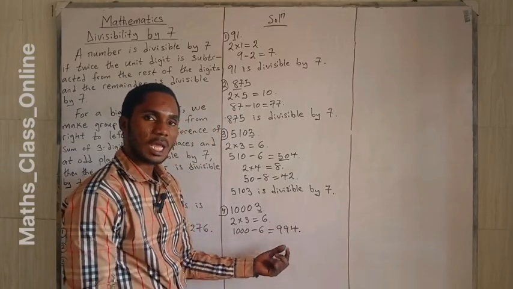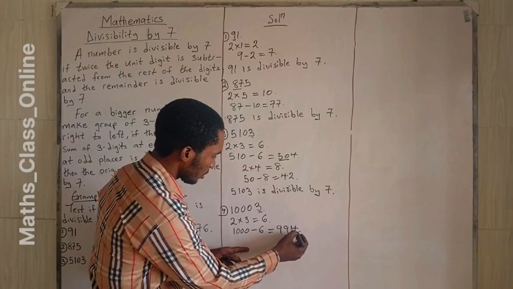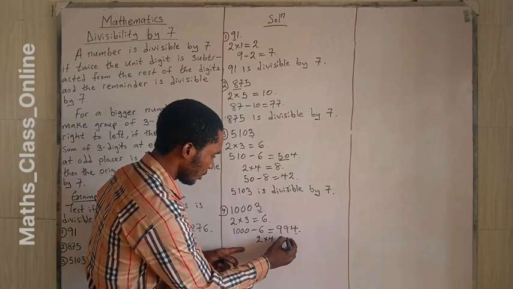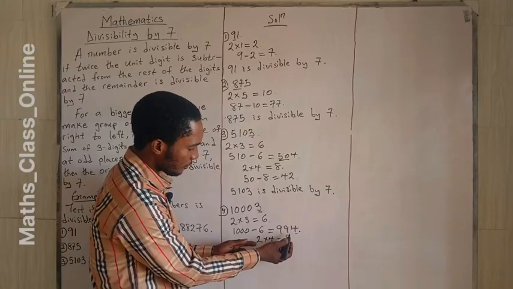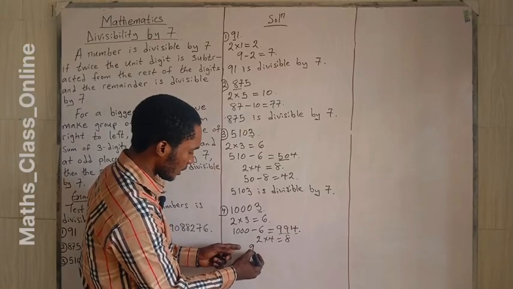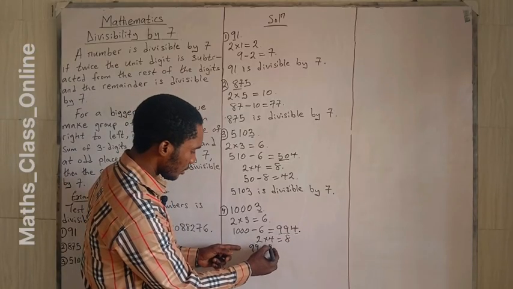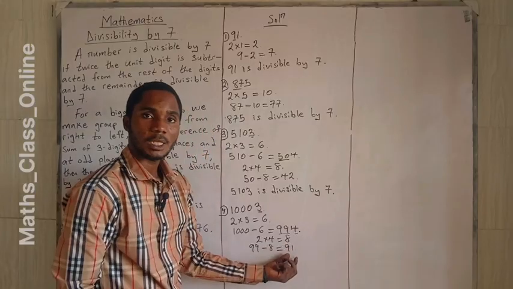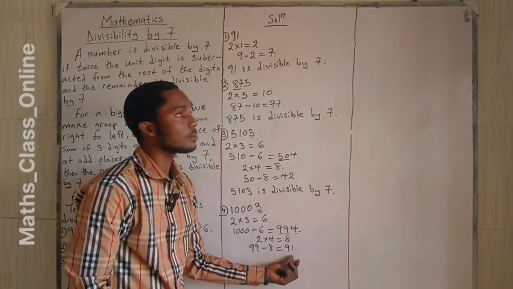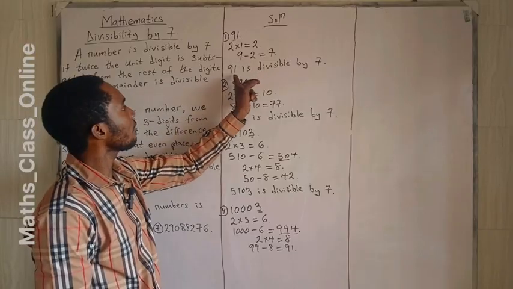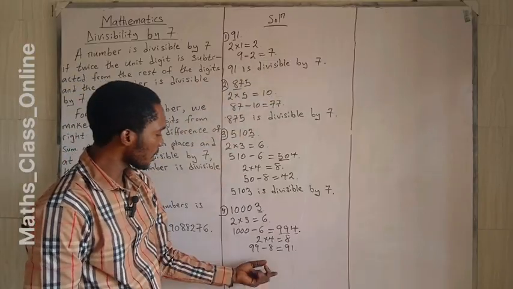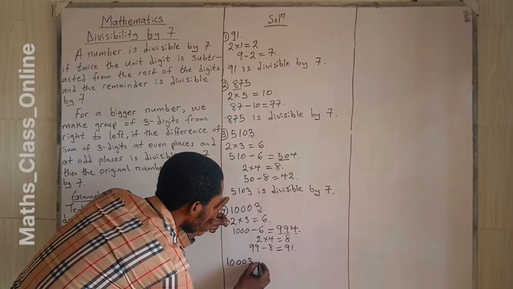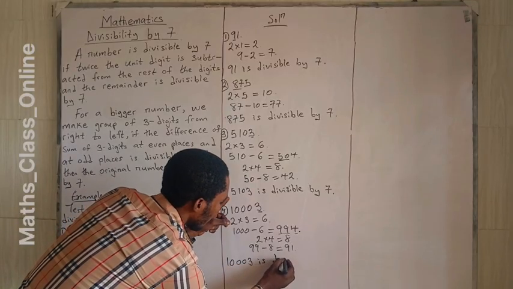We are going to do what? Apply the rule again. The unit digit is 4. Double of it, that is 2 times 4, which is 8. Subtract 8 from the rest of the digits, and that is 99 minus 8. This is equal to 91. Is 91 divisible by 7? Yeah, we have 91 to be divisible by 7. That means that 10,003 is divisible